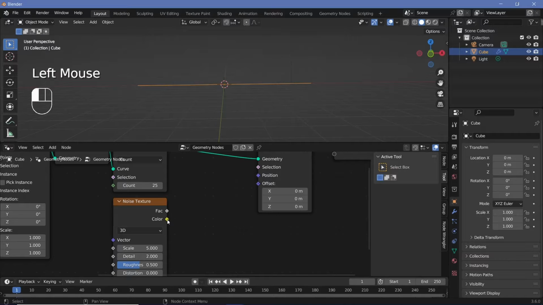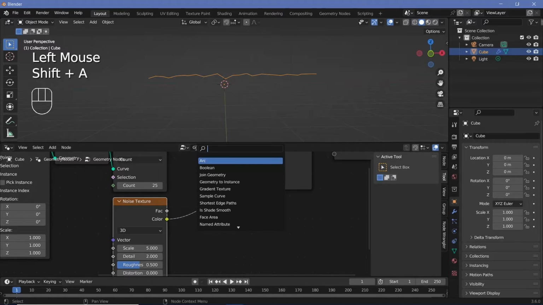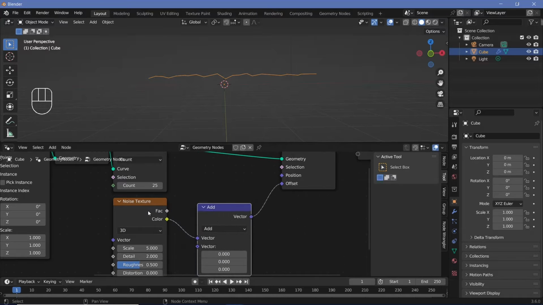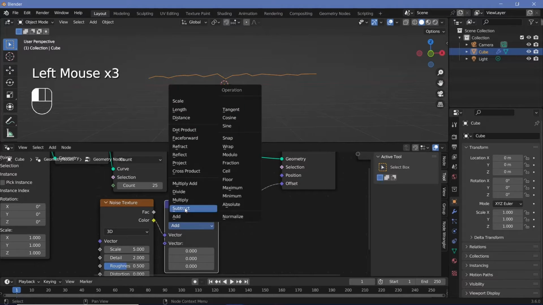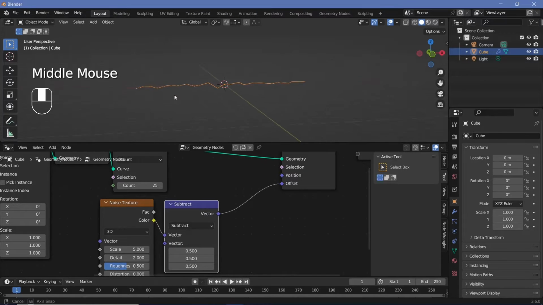Now we're going to take this color and plug it into the offset, but right off the bat, you can see that it moves towards the top right. That's because the noise texture is centered around a value of 0.5. We want it to be around 0. So let's search for a vector math node, plug that in right after the color, and change this from add to subtract. Now let's subtract a value of 0.5 on all the axes, and you should have it just displace